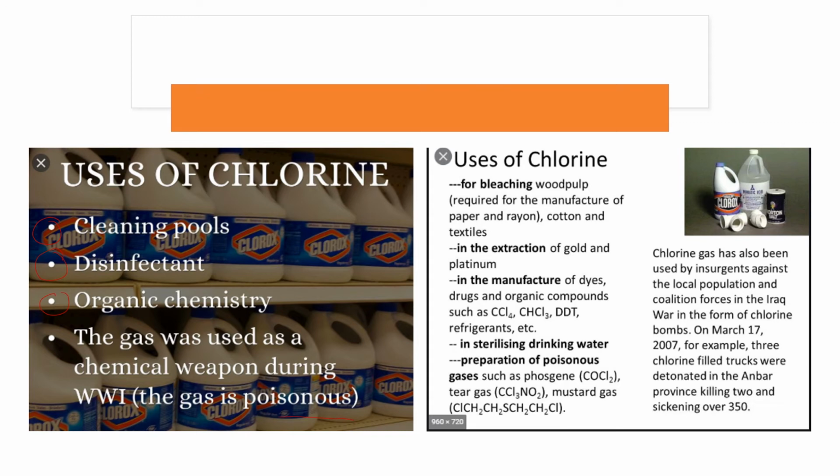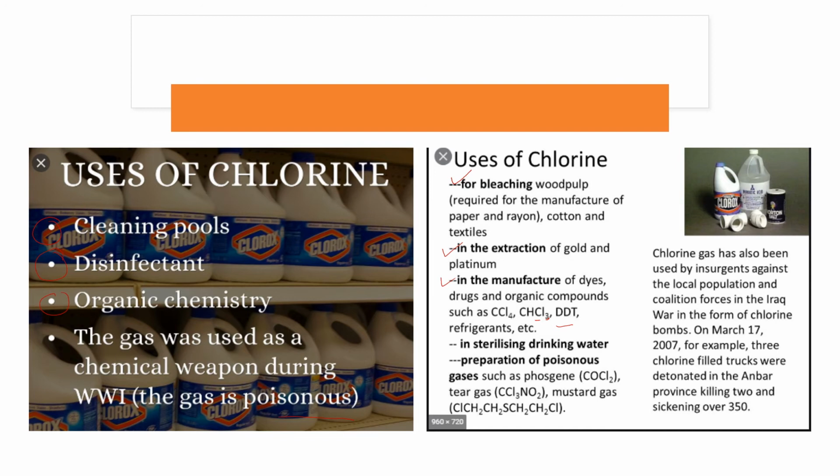The uses of chlorine: for bleaching wood pulp required for the manufacture of paper and rayon, cotton and textiles, or in the extraction of gold and platinum, or in manufacture of dyes, drugs, and organic compounds such as CCl4 or carbon tetrachloride, CHCl3 or chloroform, DDT, refrigerants, etc., or in sterilizing drinking water,